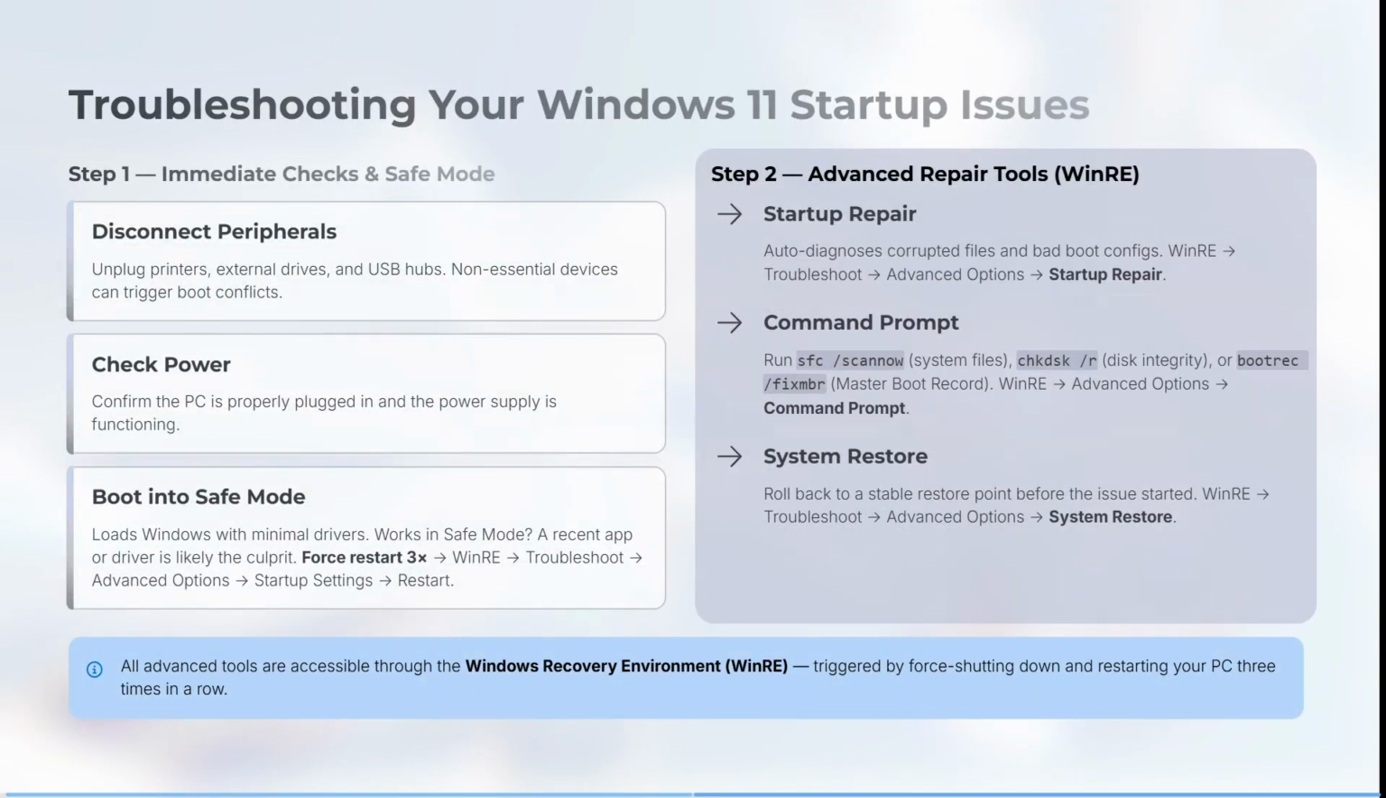So the first thing is disconnect all your peripherals. Okay, so your printers, external drives, USBs, anything that's non-essential can trigger a boot conflict. So unplug everything. The next thing is check that your PC is properly plugged in and your power supply is